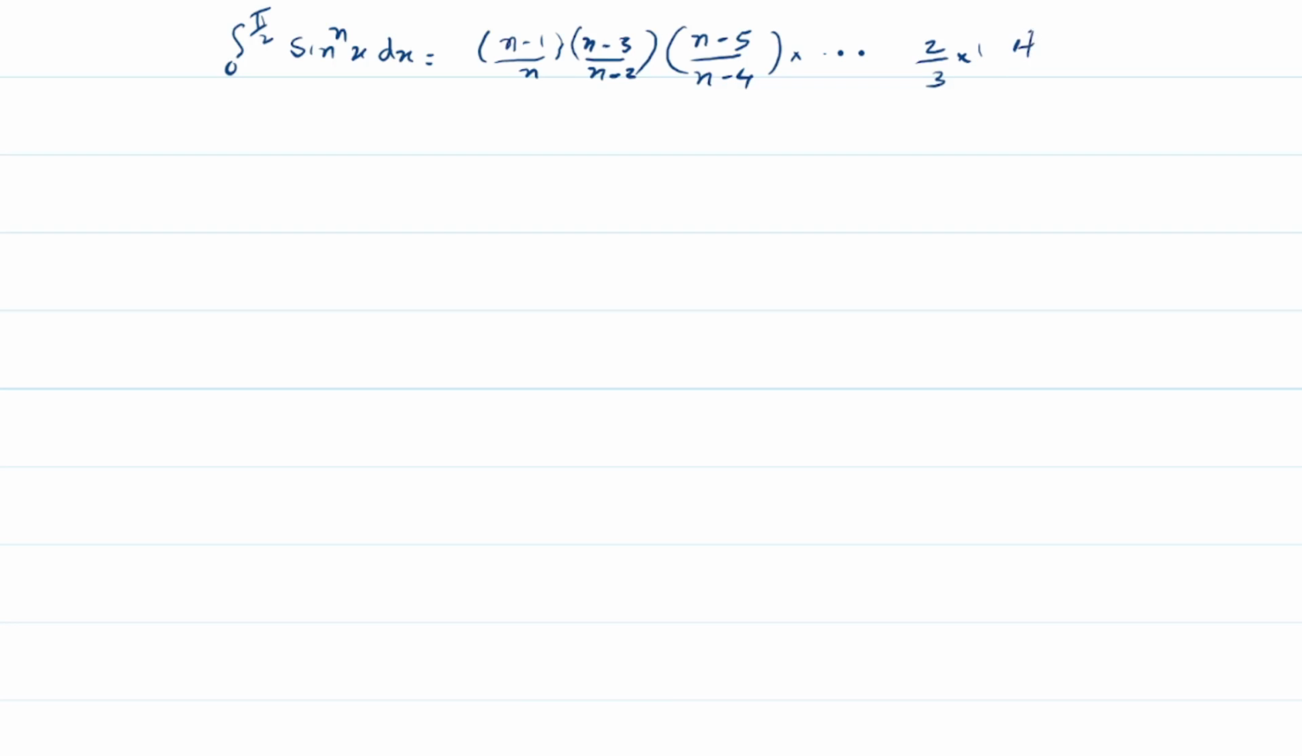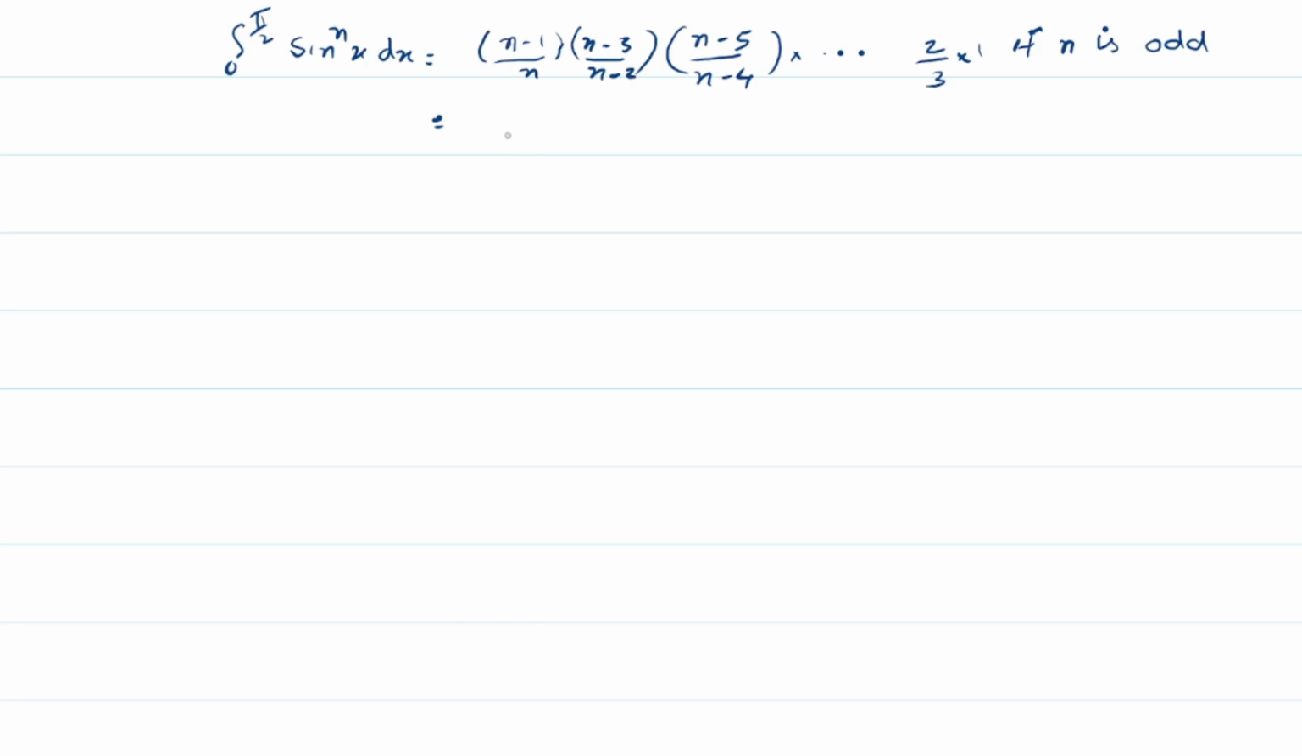So what is the final value? Integral 0 to pi by 2 sine raised to n x dx equals n minus 1 by n, then n minus 3 by n minus 2, again n minus 5 divided by n minus 4, etc. The last term will be 2 by 3 into 1 if n is odd,